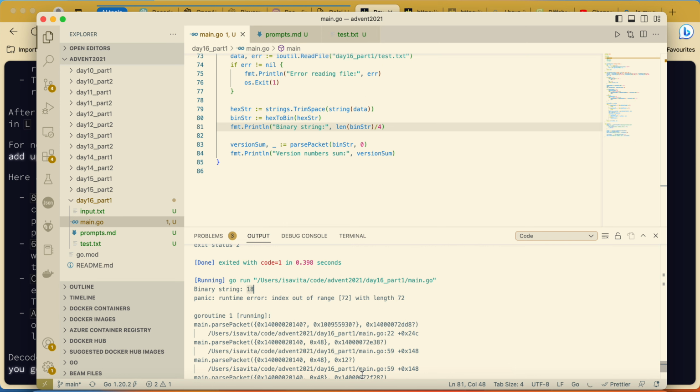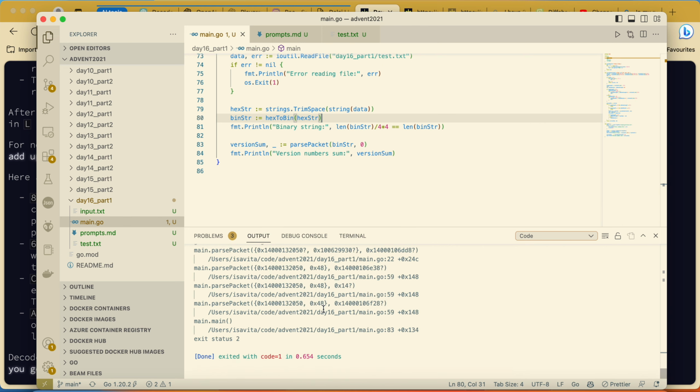But in this specific case, that doesn't seem to be the case. If we do that and after that multiply by 4 and make sure they're equal, we'll get true. Okay, in this case that's a false alarm.